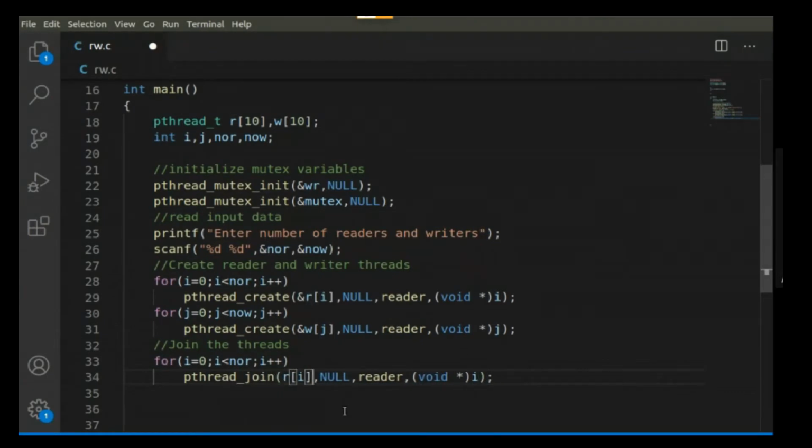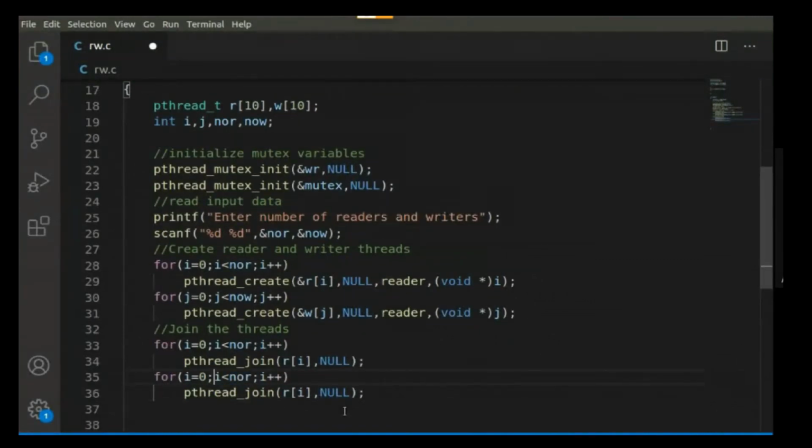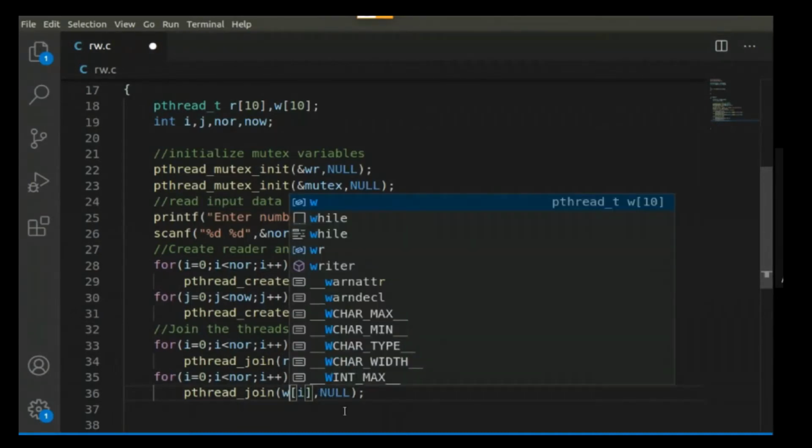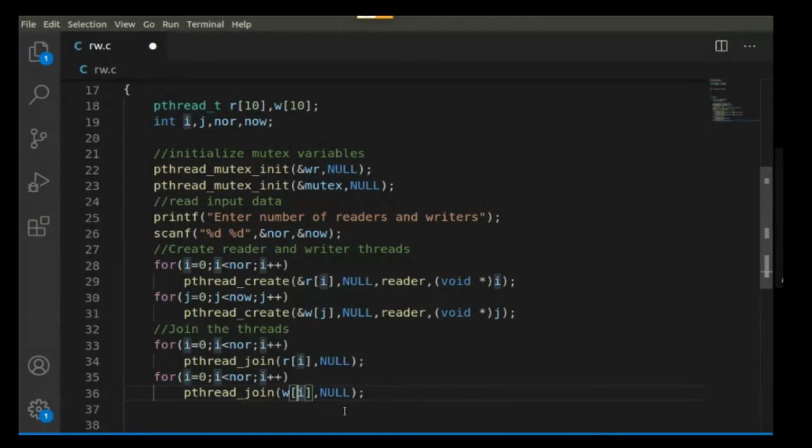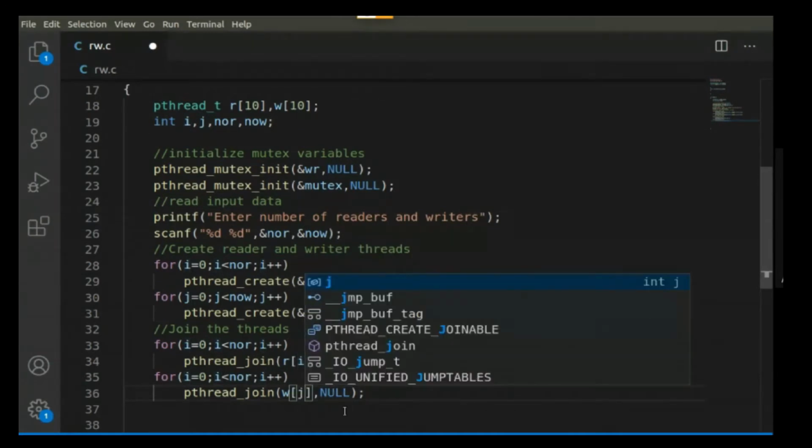R of i and NULL. Similarly, join the writer threads. How will you join the writer threads? W, and instead of index i, the index we have taken is j. So change this index.